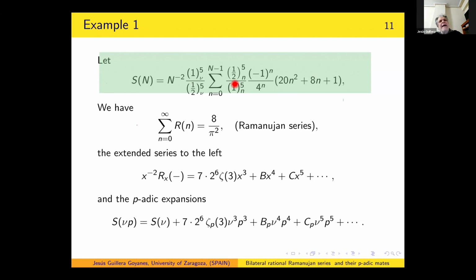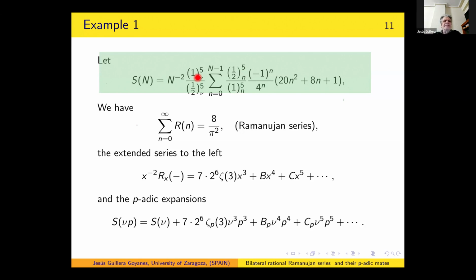The poles are the negative values of n. Now, a ver. Here. With